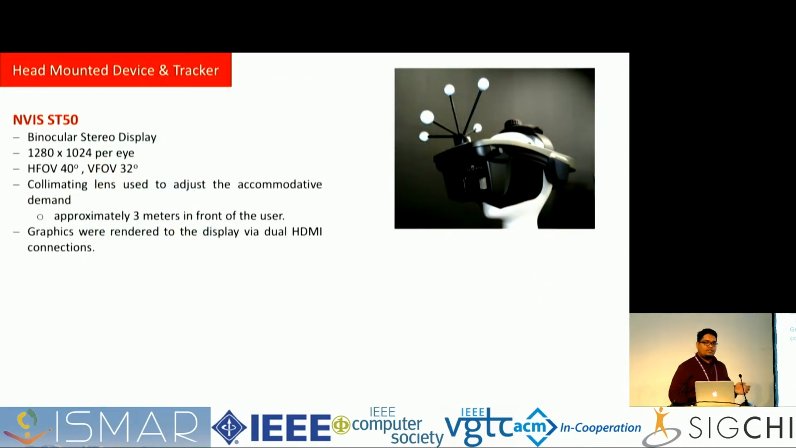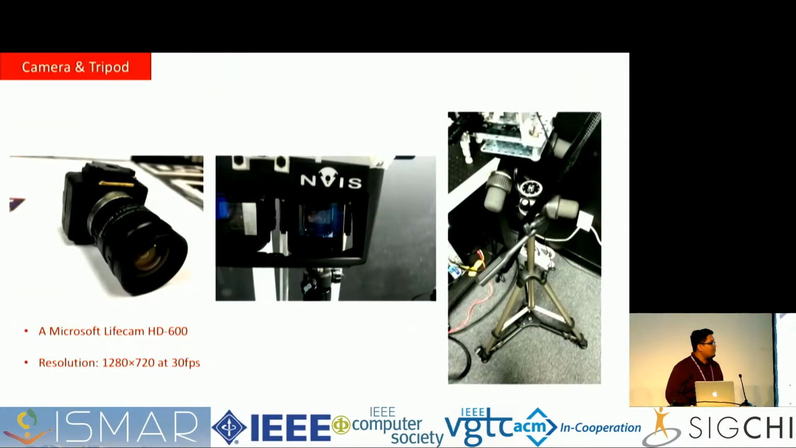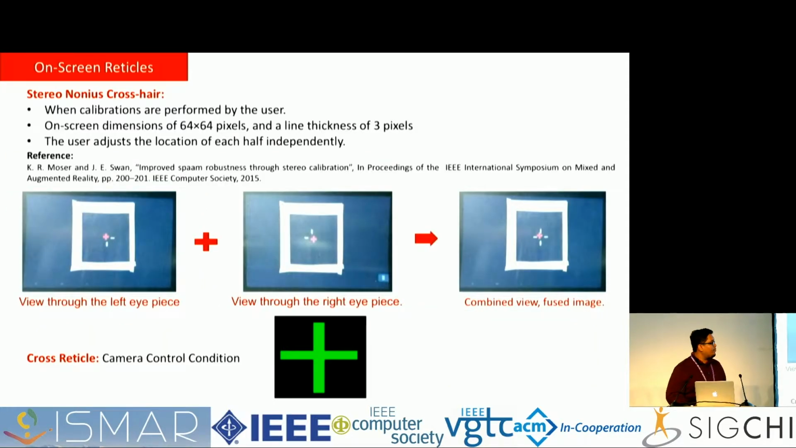So in our study, we have used the NVIS ST50 head-mounted display and an ART tracking system to get the position of the head-mounted display and also the position of our physical alignment points. We have used a Microsoft LifeCam RGB camera, which is mounted to the same head-mounted display, for our control condition. So we have used two types of reticles in our study. One is a non-US reticle and the other is